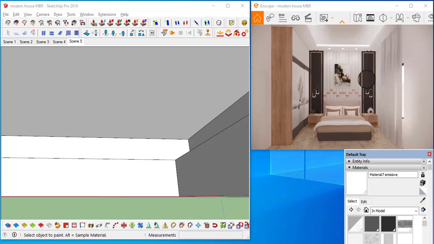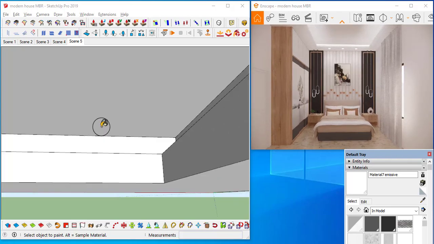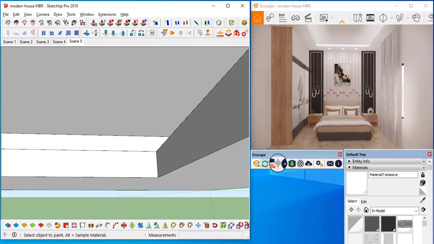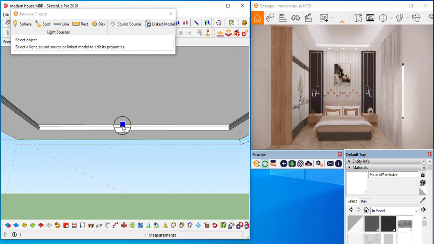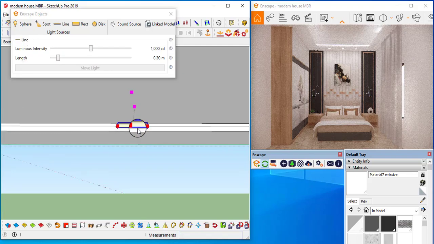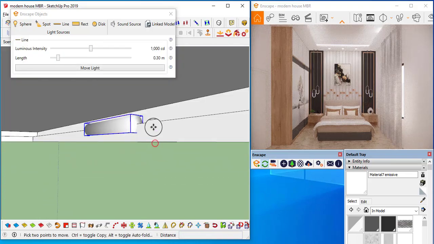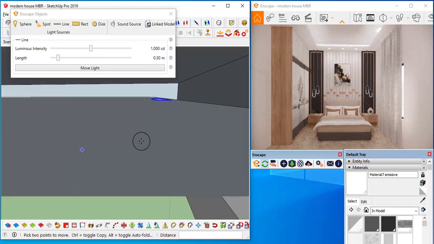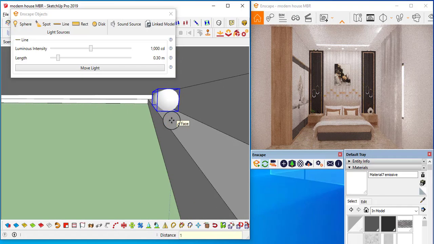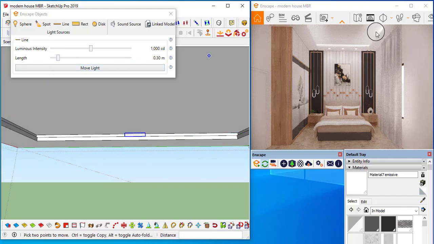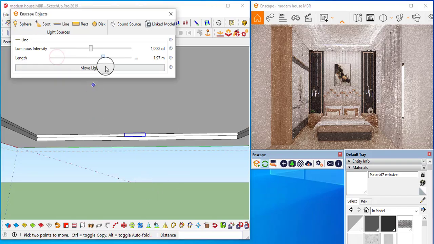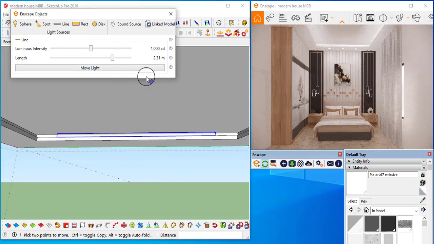If you want even more lighting, you can use objects, line lights. I will create a line light over here, at the center, and on average I will move it 1 inch and 1 inch inside, so it is inside, and I will increase the length. See, here you can get even more lighting, right? If I increase the line length, even more, yeah, fully, and I can increase it.